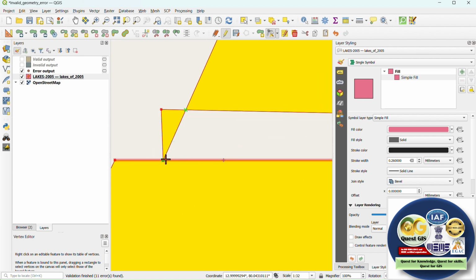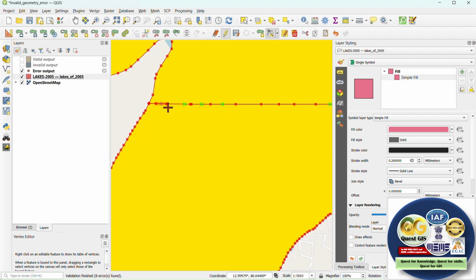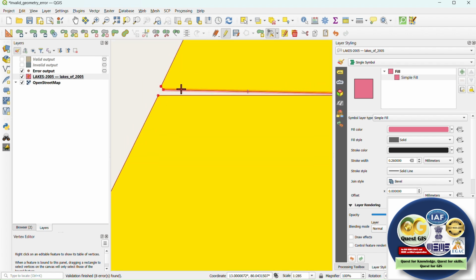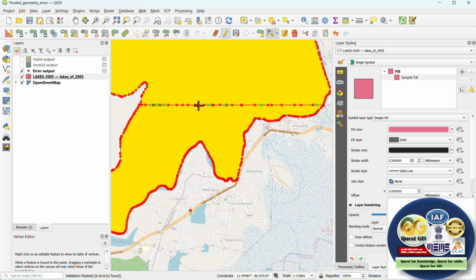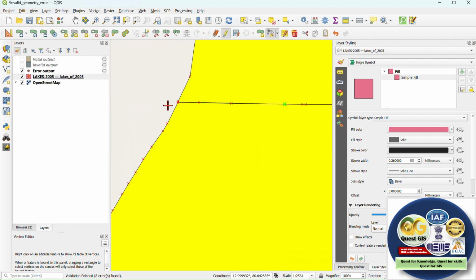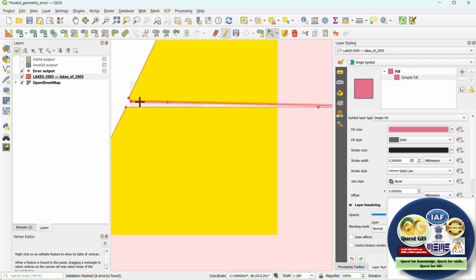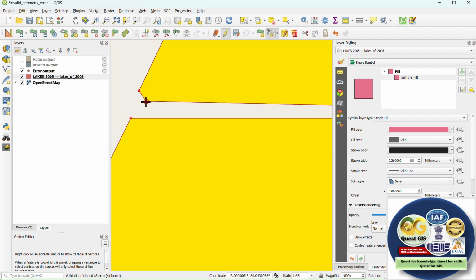So what you can do is try untangling it. If untangling helps you, then it's good. Otherwise you have to delete this entire feature and redigitize it again. If you want to delete these vertices, click on the vertex. You can also definitely move it, but if you want to delete it, just left click with your mouse and press the delete button.